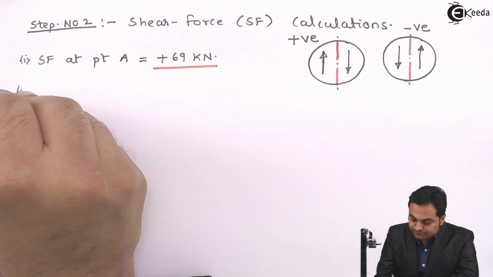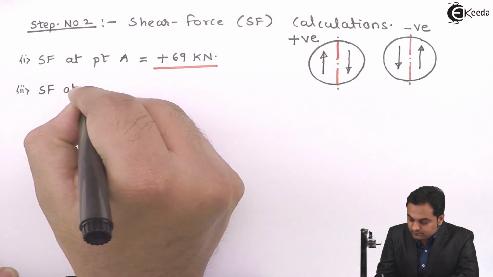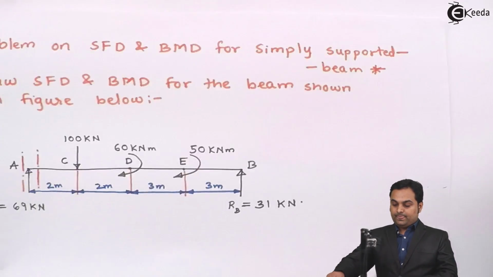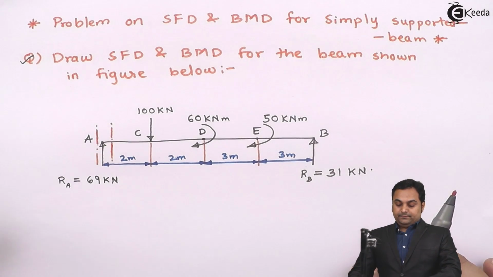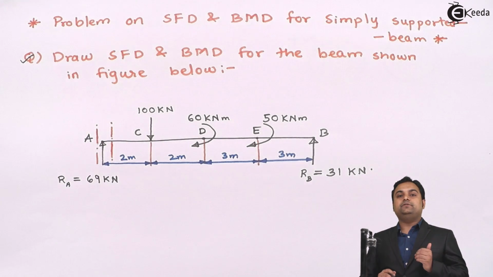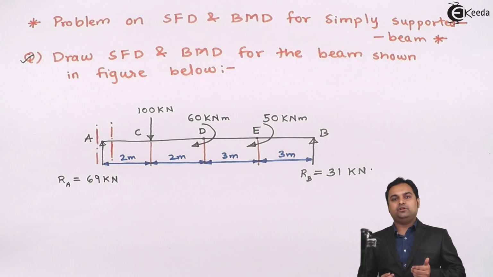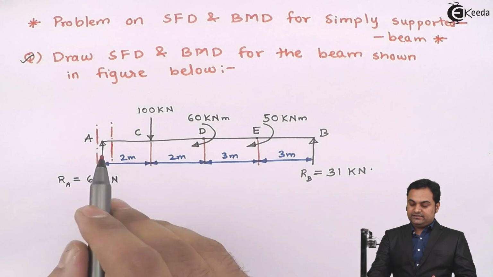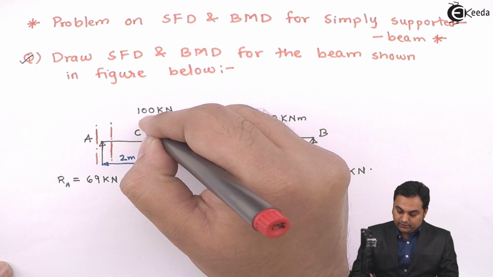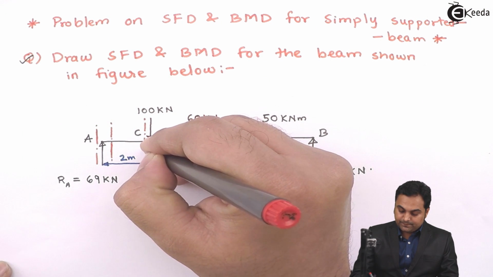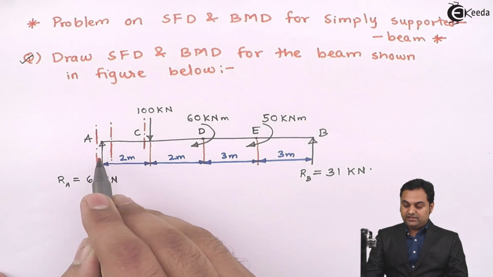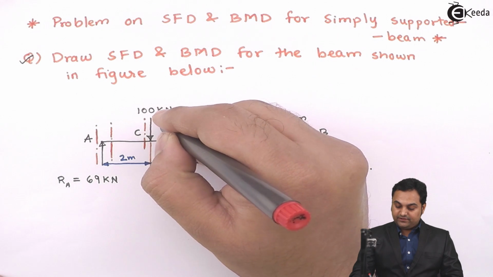Next, shear force at point C is equal to. Now in the beam diagram, as we can see, there is no load between A to C. So if there is no load between A to C, shear force value should remain constant between A to C. That is, the value will be 69 kilonewton between A to C, and that will continue up to the left of C. That is, if I am taking the section to the left of C, it will give me the same value, 69 kilonewton. But if I am taking the section to the right of C,